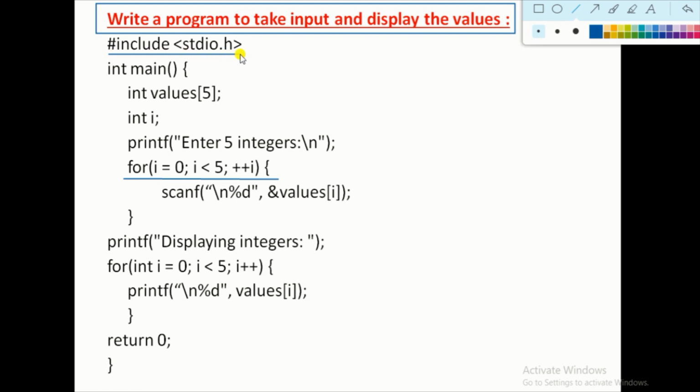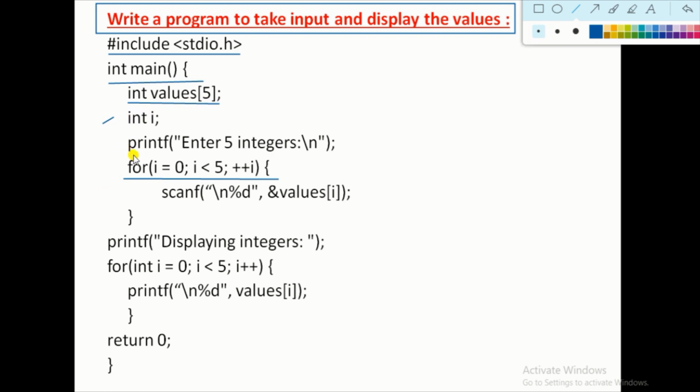We include the header file and we declare the main function. Inside the main function we write the array, that is int value[5]. The array name is value, it is integer type, and the storing capacity of this array is 5. Next we declare integer i, which is basically for the for loop. Then we write one message, enter 5 integers.